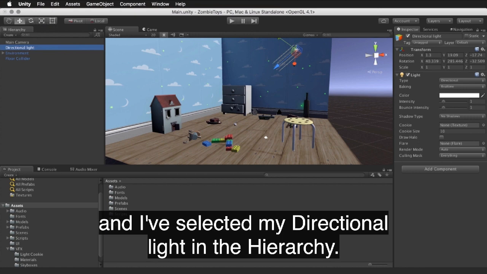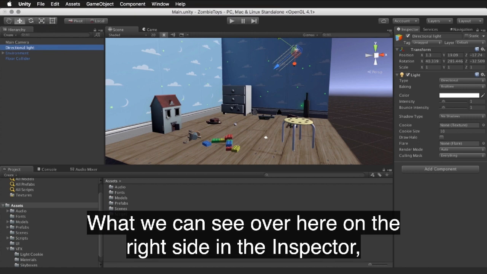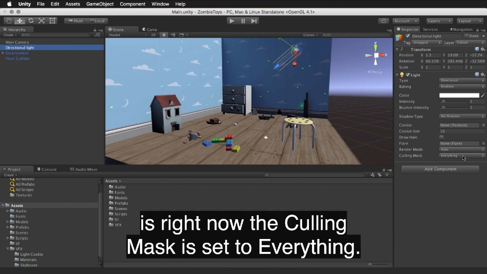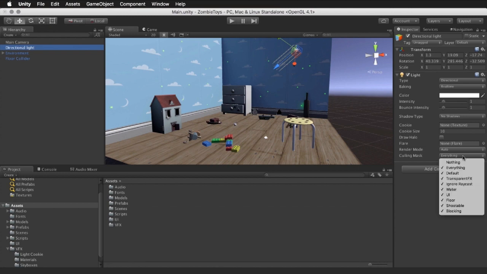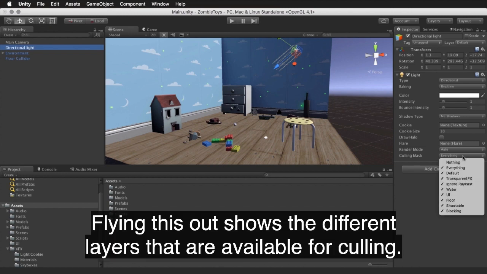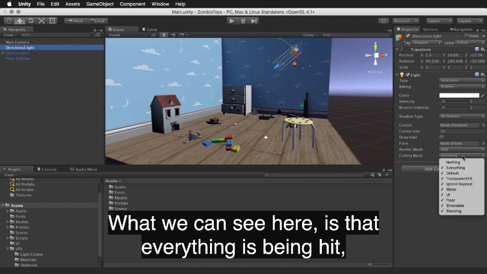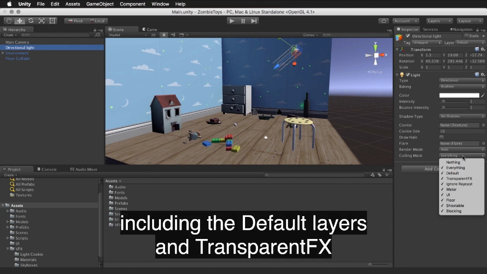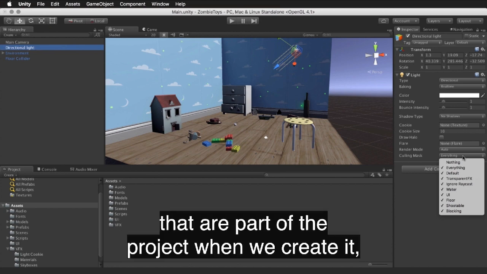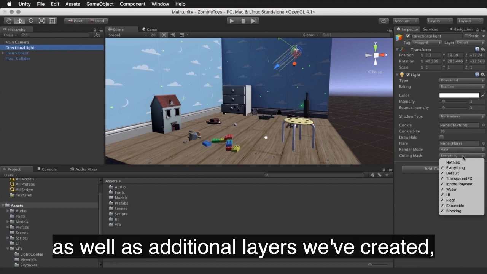I've got my main scene for my Zombie Toys project open, and I've selected my directional light in the hierarchy. What we can see over here on the right side in the inspector, in the light component, is that right now the culling mask is set to everything. Flying this out shows the different layers that are available for culling. What we can see here is that everything is being hit, including the default layers and transparent effects that are part of the project when we create it, as well as additional layers we've created such as UI, floor, shootable,